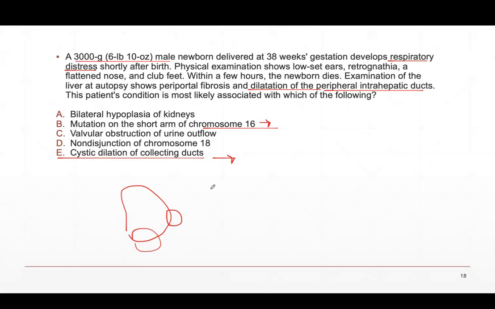And because both of their kidneys are having all of these cysts and they're not working very well, the kidneys don't do their job in utero, and they come out with something called Potter sequence, which is basically oligohydramnios. Okay, and so as you see here, low set ears, retrognathia, flattened nose, club feet, respiratory distress. He can't breathe. That's why he dies, because his kidneys aren't doing their job, and he has an overload of fluid in his body. Tamam? And so if you look at the kidneys, they will be pretty smooth, but they'll have these tiny little cysts everywhere. Tamam? And again, this is chromosome 6. Now,